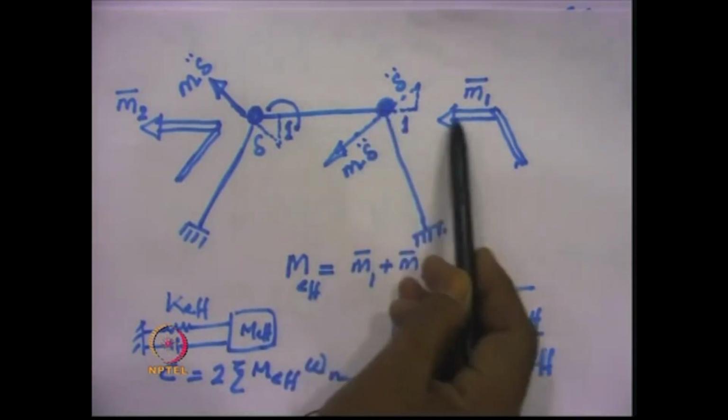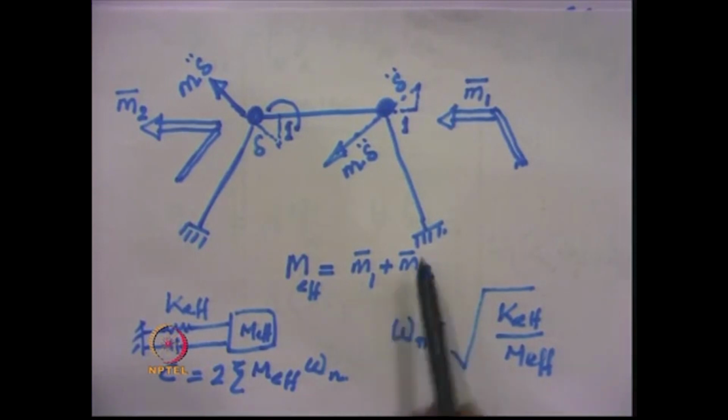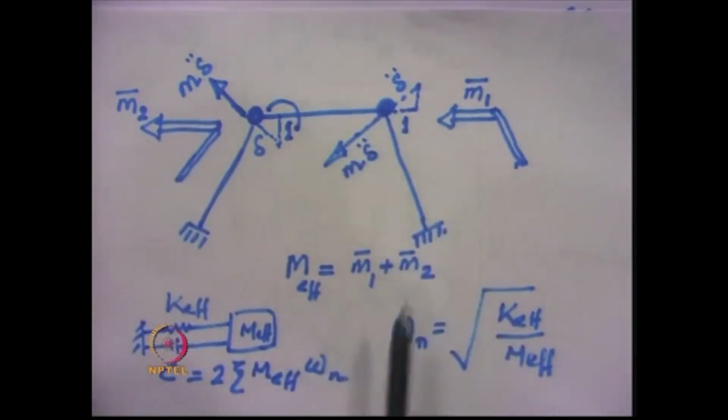Similarly, here it is resolved in this direction and one along this member. So, the sum of these two inertia forces is